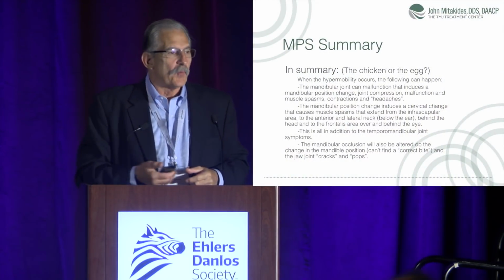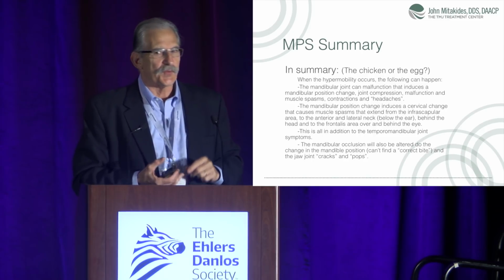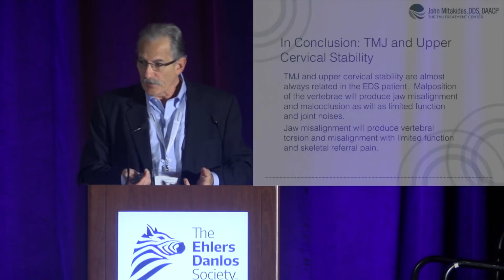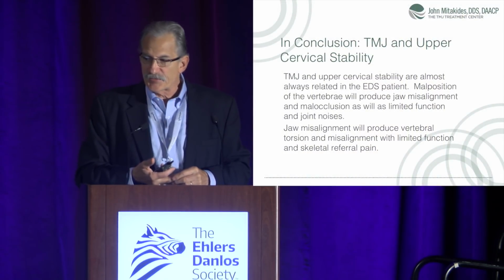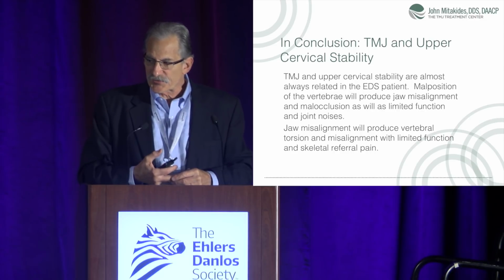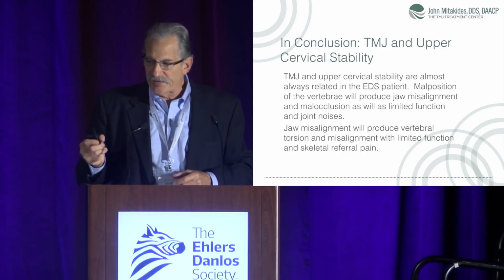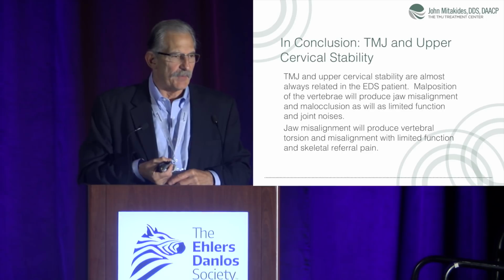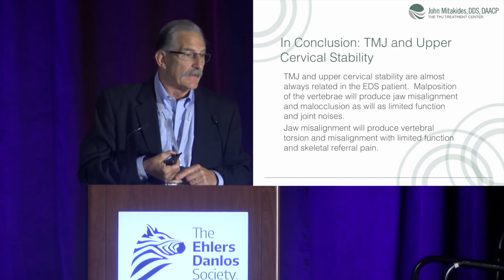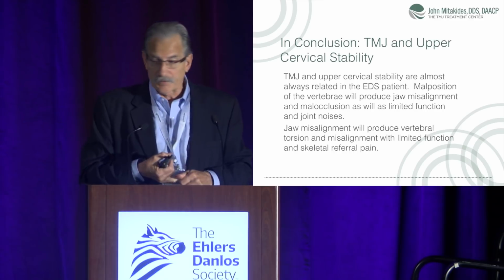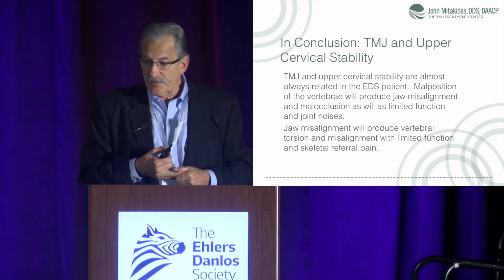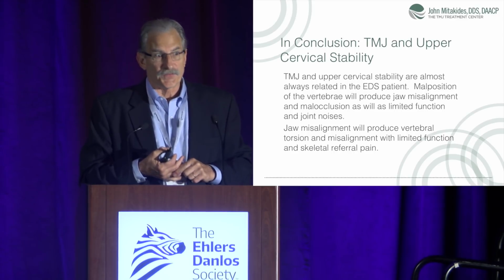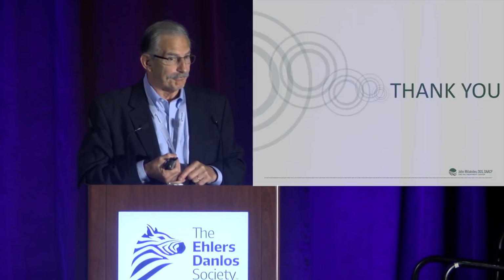Basically, in summary, we always wonder what happened first. Did the jaw dislocate the vertebrae, or did the vertebrae dislocate the jaw? Chicken and the egg situation. And so basically, when you're talking about TMJ and upper cervical stability, they are almost always related in the TMJ patient. We did a survey of 200 patients. 195 of them had TMJ problems. 190 of them had cervical myofascial pain syndrome. So basically, when you look at this, the misalignment will cause vertical torsion, which causes the jaw to deflect and causes all the problems that we're looking at. I'll take